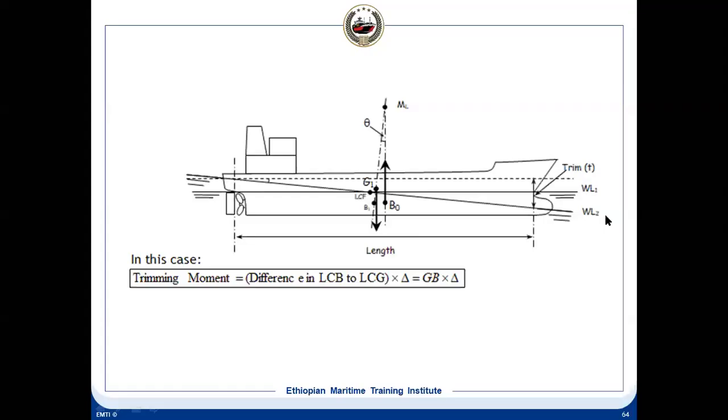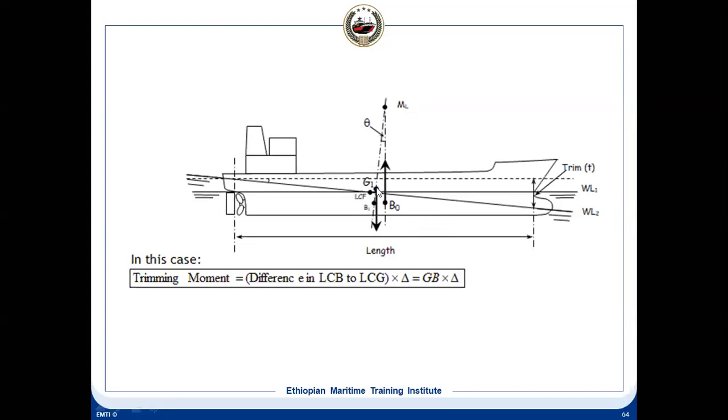So in this diagram, if you see, this is G, it means B0, this was the initial line. G was somewhere here, and M was here on the same line. Now what had happened? G has shifted. We have shifted some mass. Some mass has shifted from forward to aft, or from aft to forward. Then there will be a trim. Now let's see what happens once G has shifted. G was initially on this line somewhere.